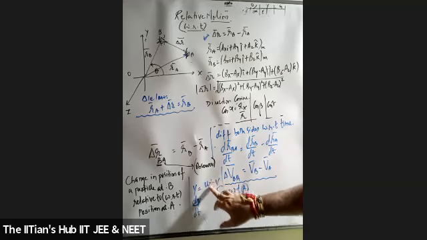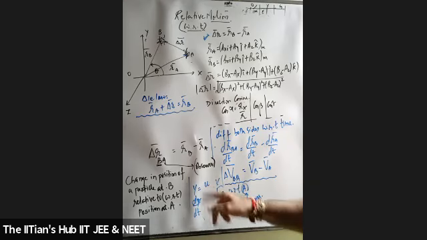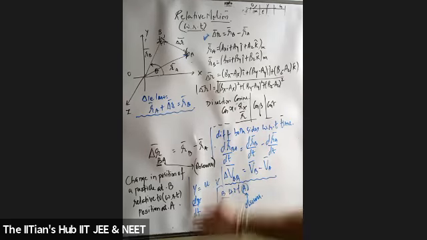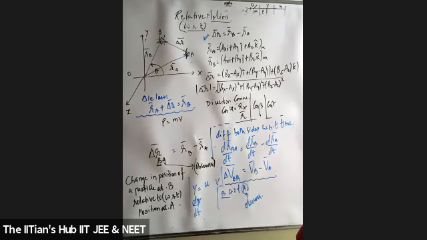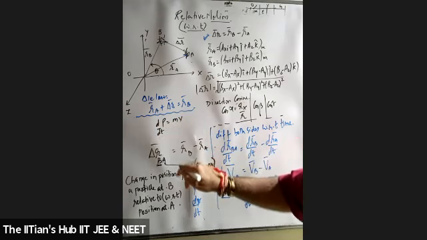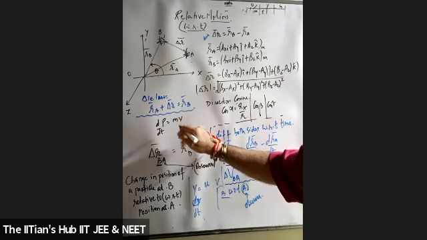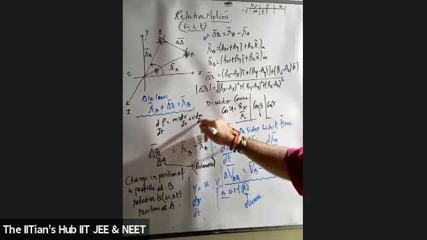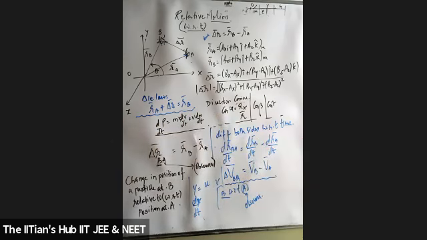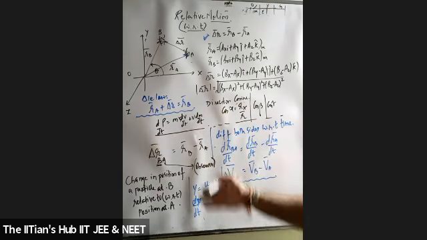Now suppose in this derivative I had taken u into v. What is the formula for the u into v method? Differentiating u into v, what will happen? Keeping u constant, differentiating v, plus keeping v constant, differentiating u. Agreed? Yes, sir. Let's take a simple example. You must have studied that momentum is equal to mass into velocity. Differentiating both sides with respect to time, dp by dt comes. If you differentiate, what will you do? First keep m constant and differentiate velocity, then keep v constant and differentiate dm. Students, you studied this in Laws of Motion, didn't you? Yes, sir. So your uv method has come.